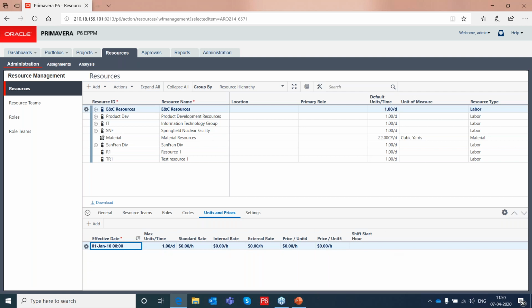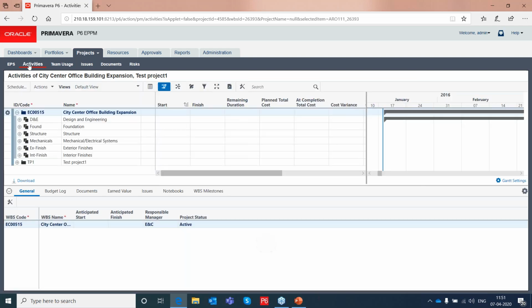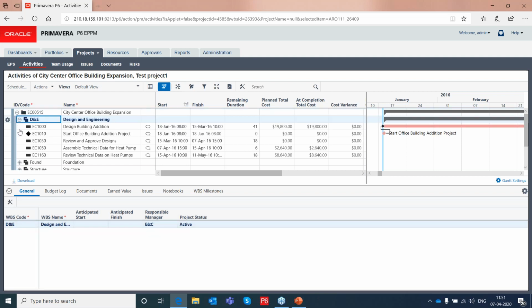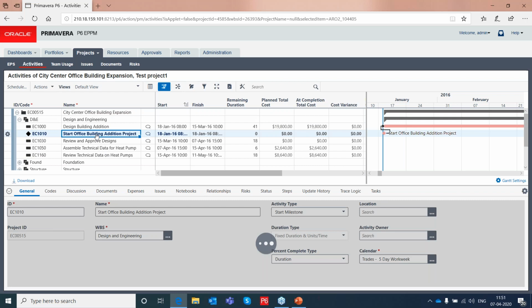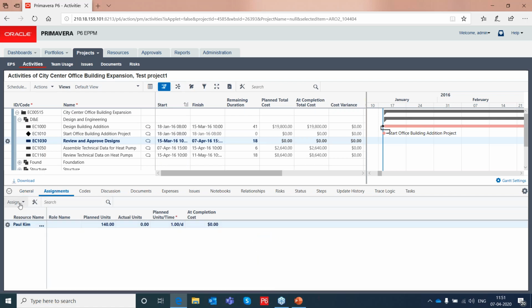After I have defined the resource, go to the projects, activities, select an activity, go to assignments, you can start assigning the resource or a role, right?